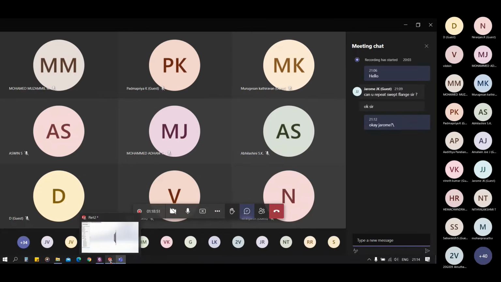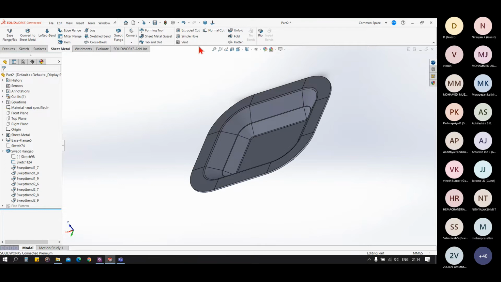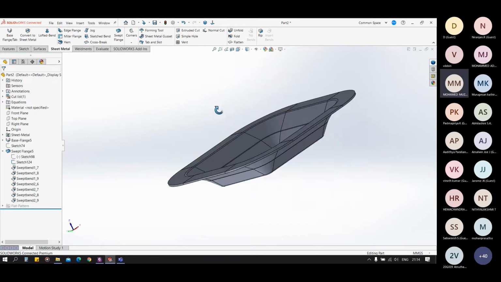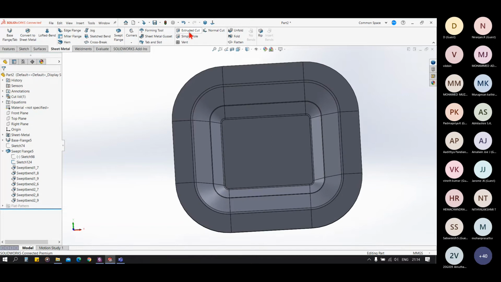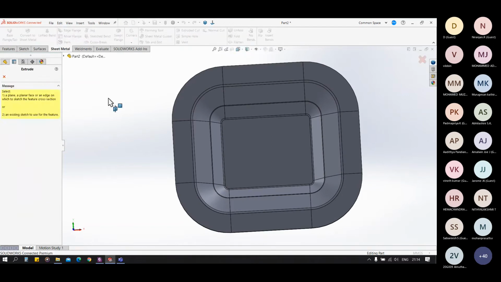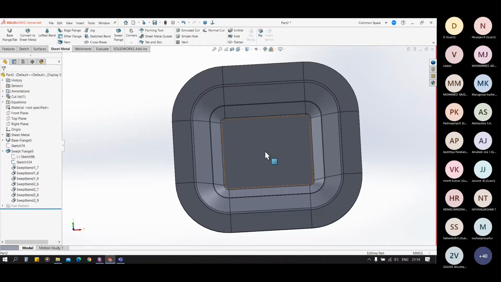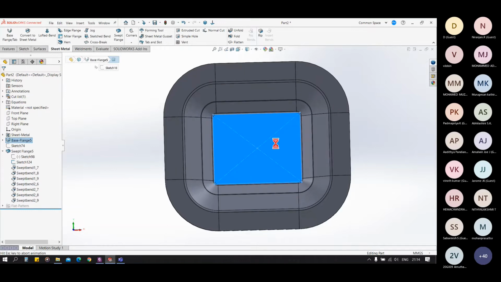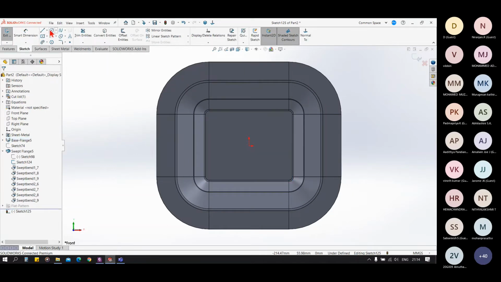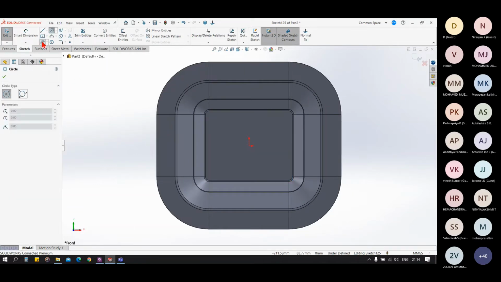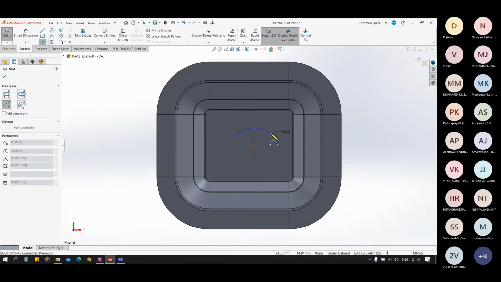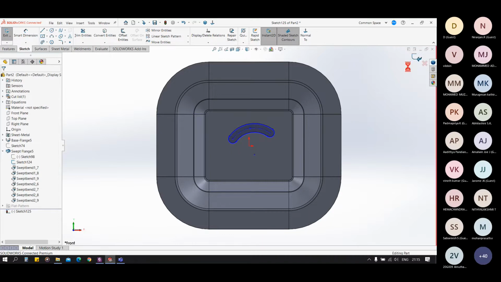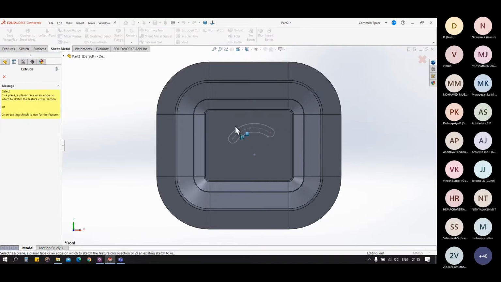Okay, so shall we proceed towards our next few features? Yes, sir. Okay, so extruded cut is similar to our extruded cut in the 3D. We have to sketch on the face we want to cut. Let's see, I want a slot cut here. I click on extruded cut,